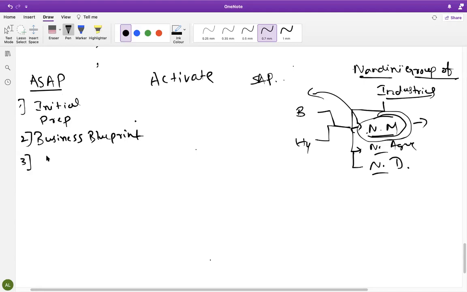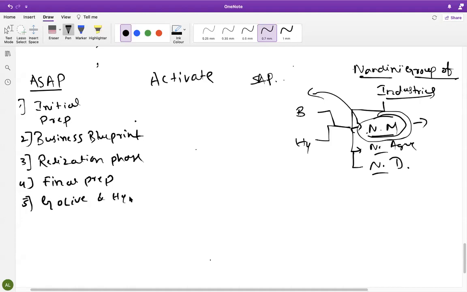The third one is the realization phase, then final preparation, and finally go live and hypercare support. These five phases are there in the ASAP methodology.